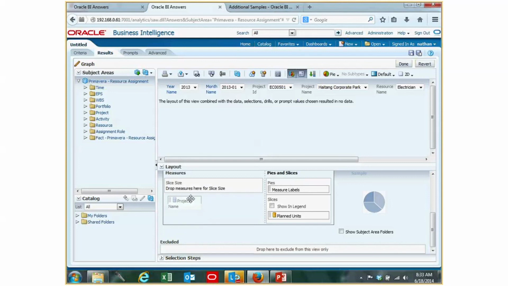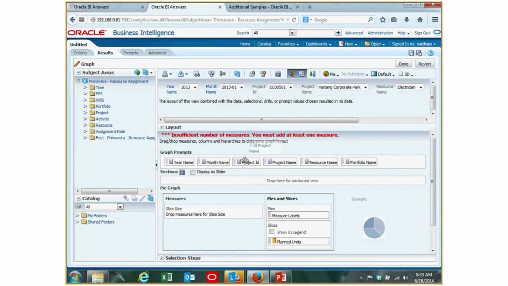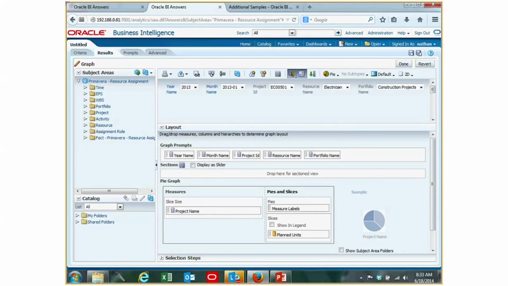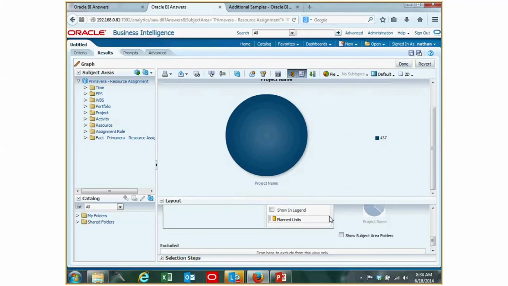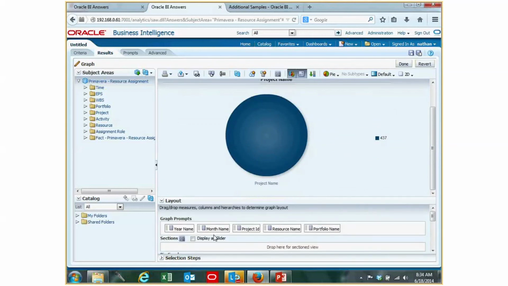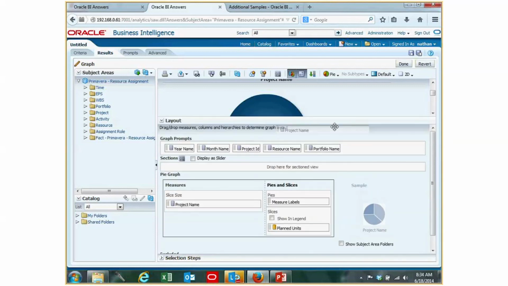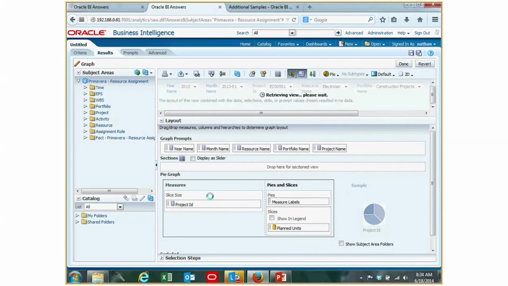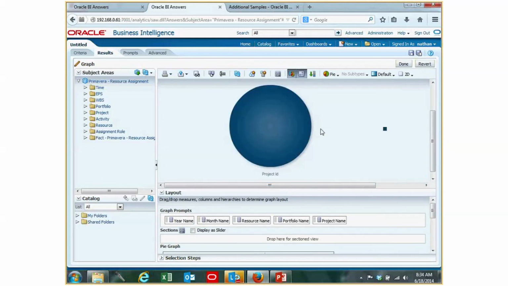But as you can see, I'm having some problems. Let's just move the screen off a little bit there. Okay. So it will render, and I should get something about what my plan units look like by project. Sorry, I think I've pulled in my project name. Bear with me for a second. If it's not going to work, I'm going to give up on here in a second. Okay, it's not pulling in the ID the way I want it to,